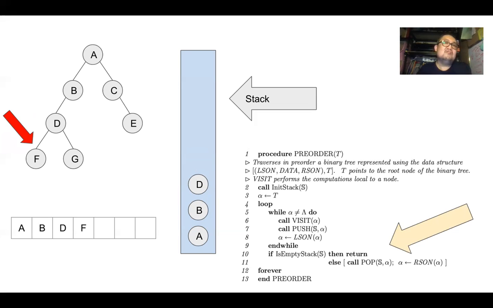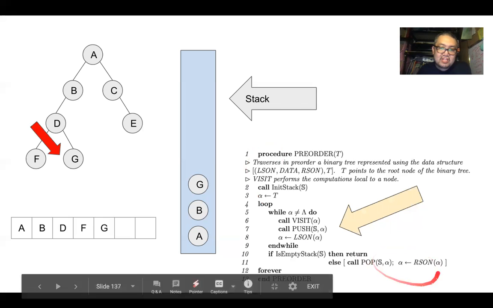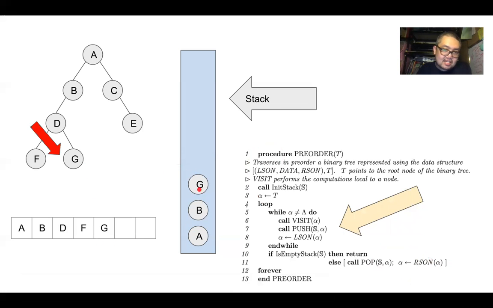Okay, so we pop D, and when we pop D, what will happen is we will go to the right hand of D, which is D. So we will visit that and we will put it in our stack. Since D has no left hand, we pop it, and there's no right hand. We're done with D. We now go back to our stack again because we have null value here, and